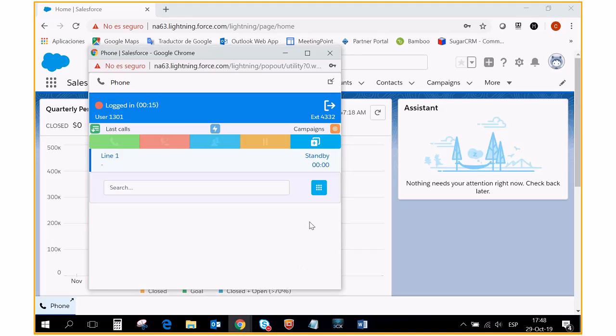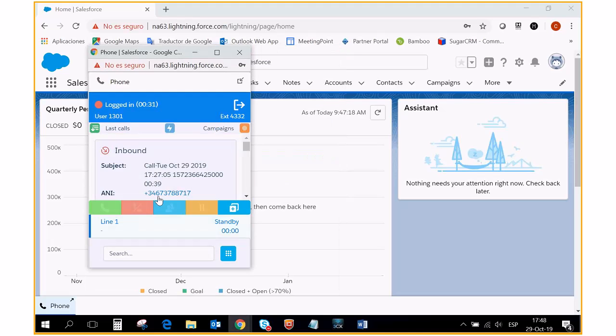In this page, we can see that we are logged in. We can see the length of time we have been logged in the application, our user, and our extension. Also, we can see the last calls we have done with our user. For example,